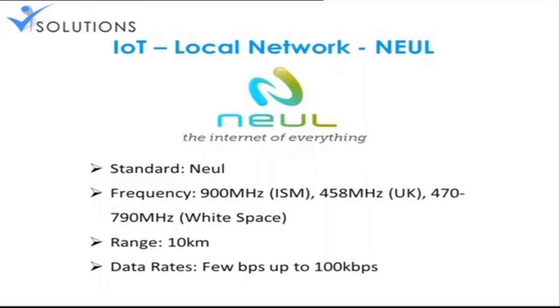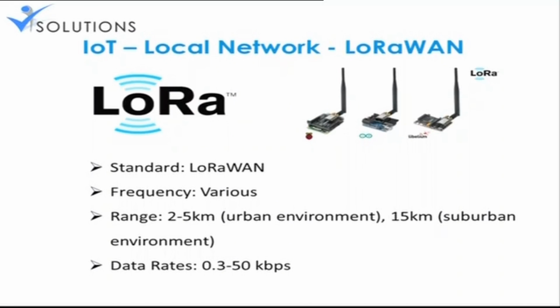This is one of the things which is successful, and trust me, most of these networks are successful in Europe. The US has its own. You can even see they have a special one for the UK. They are very successful in the UK and European countries. Coming to the next one, LoRaWAN: it is a network that works in a range of 2 to 5 kilometers.